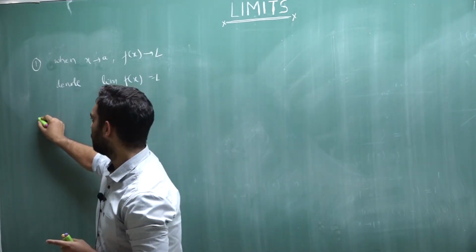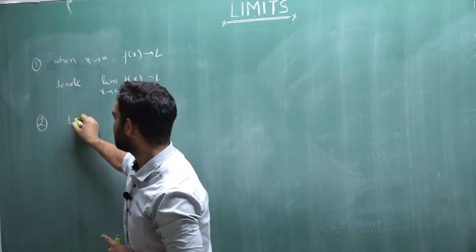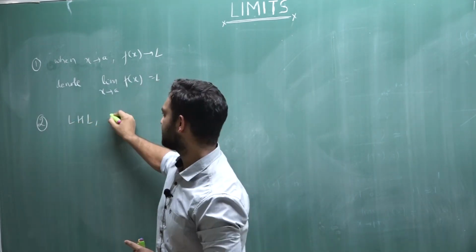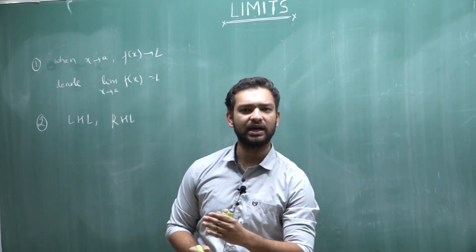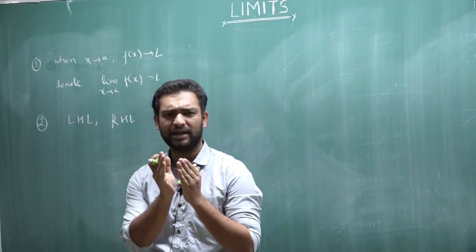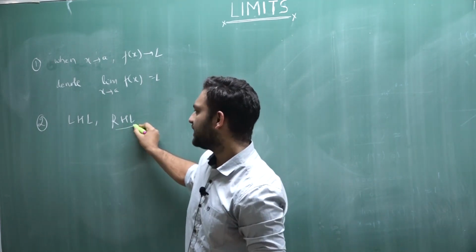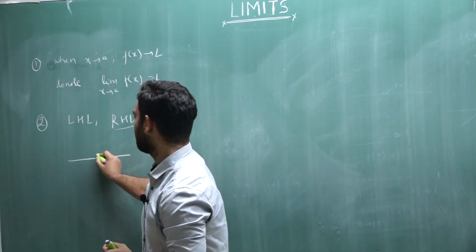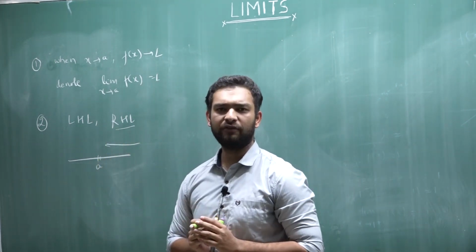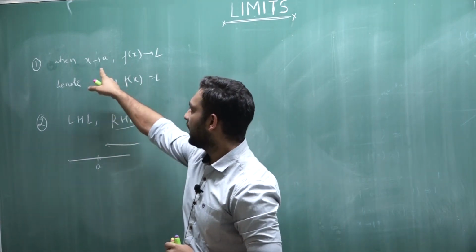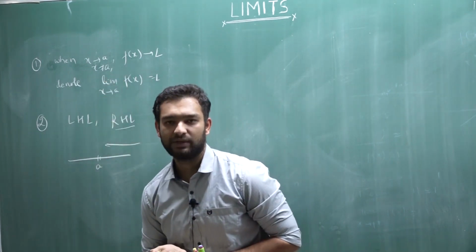Okay. Then the second thing was, when we approach a, there are two ways of approaching. First is left hand limit and the second one is right hand limit. Left hand limit is when we are approaching x is equal to a from the left hand side, that is very, very close to the value x is equal to a, but from the left hand side of the number line. And right hand limit is when we are approaching x is equal to a from the right hand side, very, very close to a but towards the right of a, not exactly a. Okay, here x tending to a does not necessarily mean x is equal to a.